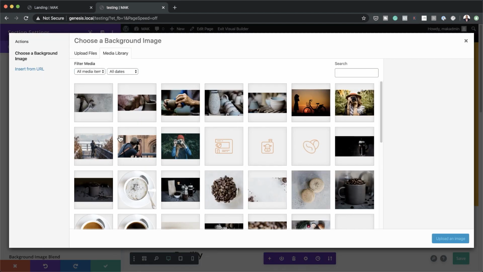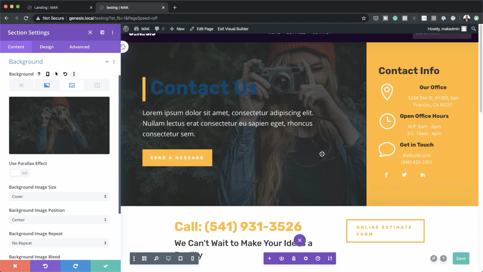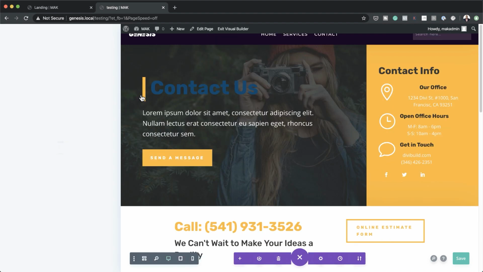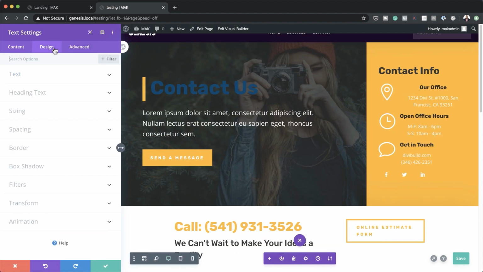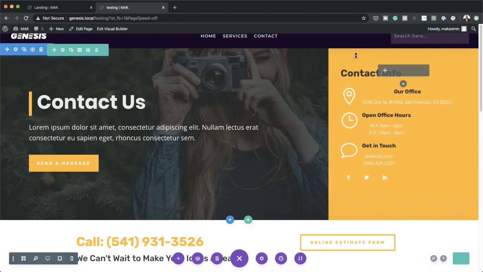So the image I'm going to have here is, let's say this one, upload an image. So now look at that. Our page design is already transforming. If I save this, I can come over here to my text, design, change this to Poppins, change the color, save that. And then over here to the right,